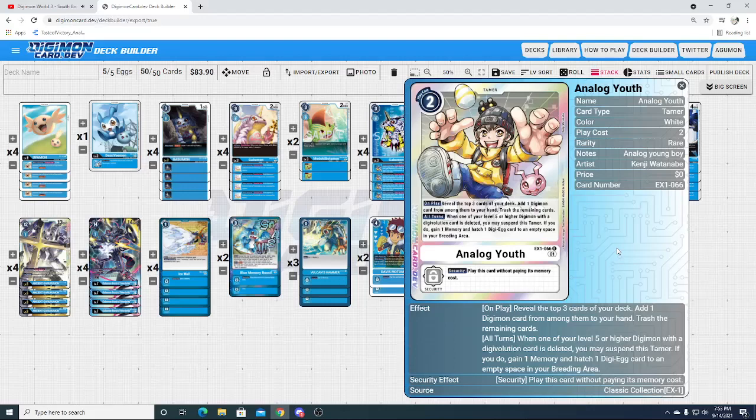His other skill is, all turns, when one of your level 5 or higher Digimon with sources would be deleted by anything, you can suspend him, hatch an egg, and then gain 1 memory. So basically, the combo with Analog Boy is at the end of the turn, maybe you pass, or maybe you're at 0 memory. You play like Ice Wall, put you at 1. Gabumon dies. You get to suspend Analog Boy to pass it back to your turn and hatch an egg. Let's see, refuel it by placing another Gabumon down for next turn, so you can go ahead and finish the